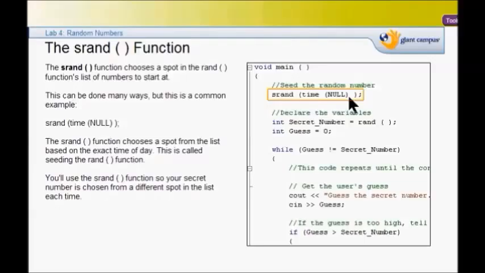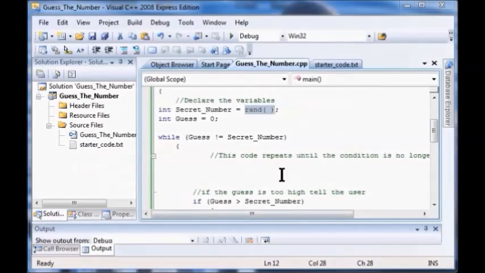So it chooses a spot from the list based on the exact time of day, and that's called seeding the rand function, srand. So we're going to use the srand function so the secret number is chosen from a different spot each time. To use the time function, we need to have a